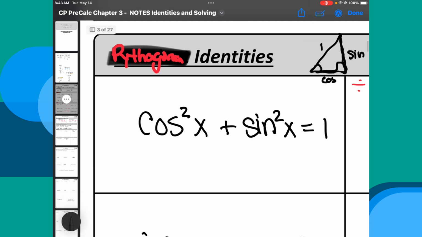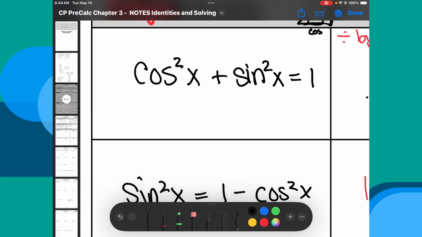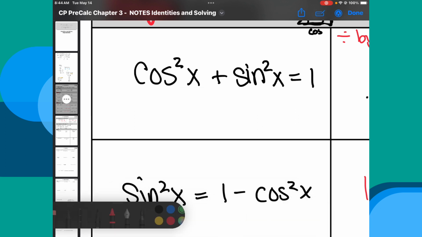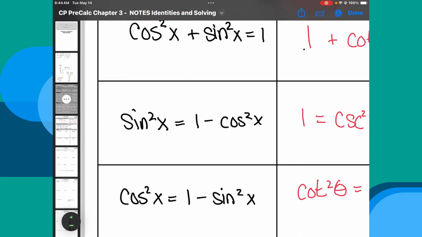If we take that identity and subtract cosine squared from each side, we get our second identity, which is sine squared is equal to 1 minus cosine squared. If we go back to the original identity, and instead of subtracting cosine squared, we subtract sine squared from both sides, we get our third identity, that cosine squared x is equal to 1 minus sine squared x. So those are the first 3